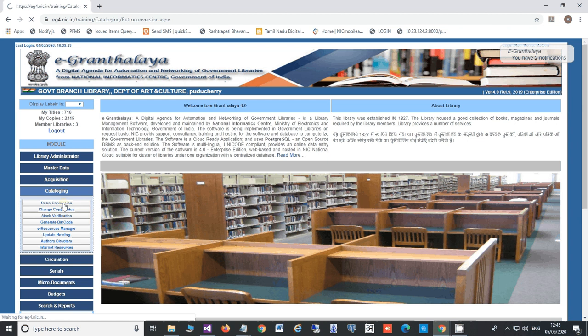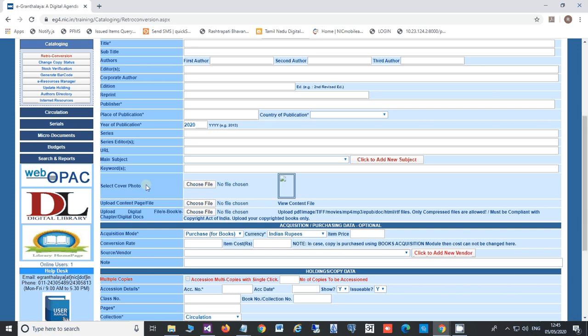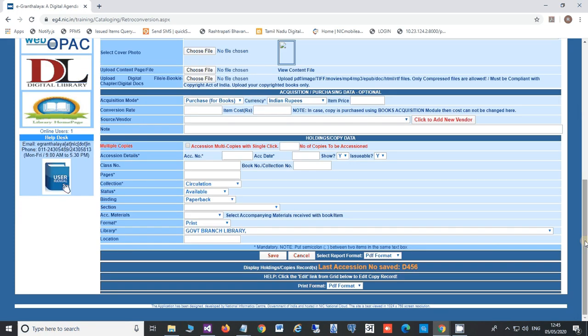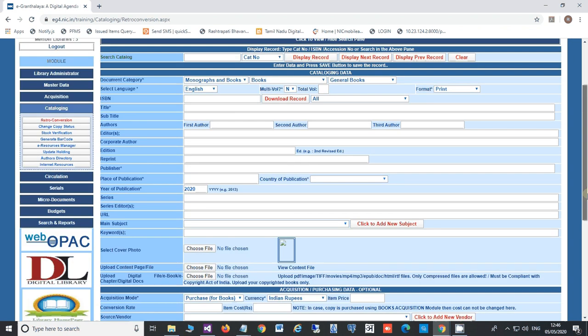To load the form, you need to press the Rato conversion button on the left side under the cataloging module, and here you will see there are three parts of the form. In the first part, cataloging data of the book is entered.